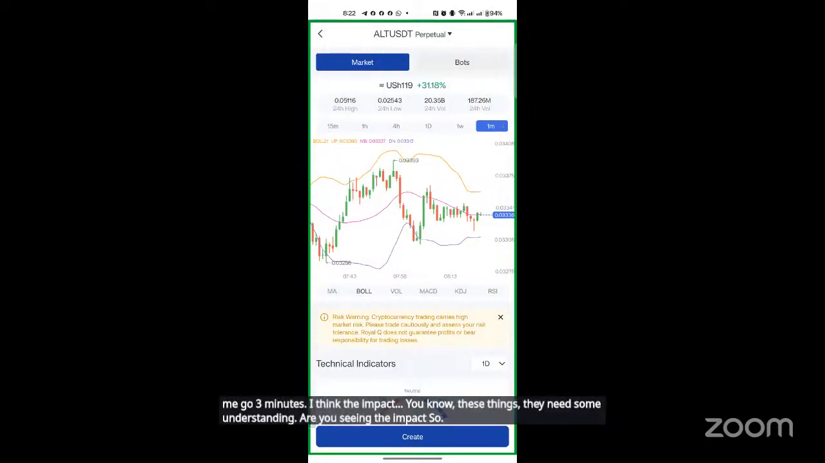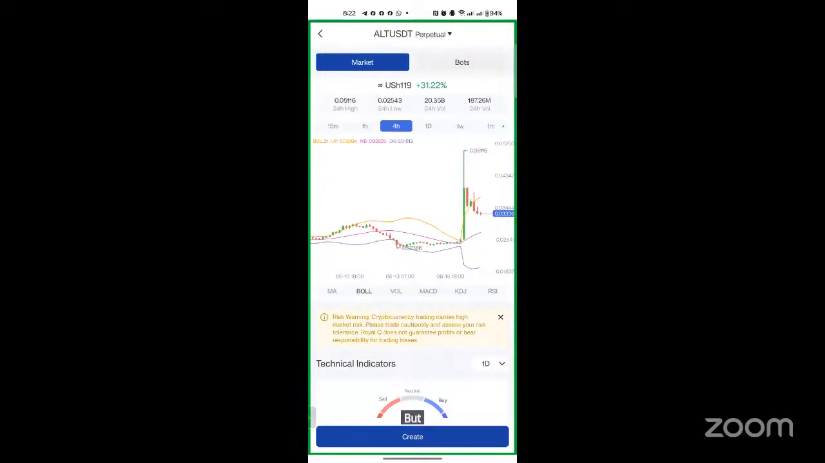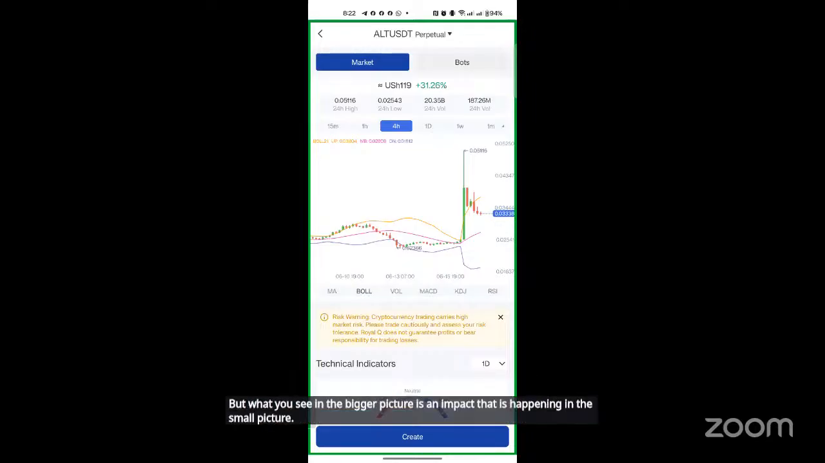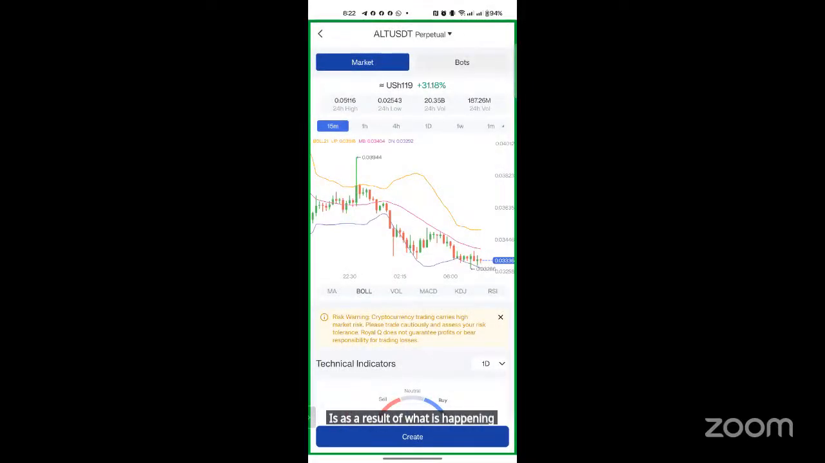So, although the coin could have a bigger picture, what you see in a bigger picture is an impact that is happening in the small picture. Give me a 1 if that is home. What you see as a bigger picture in 4 hours is as a result of what is happening in a small picture. So when you are trading,